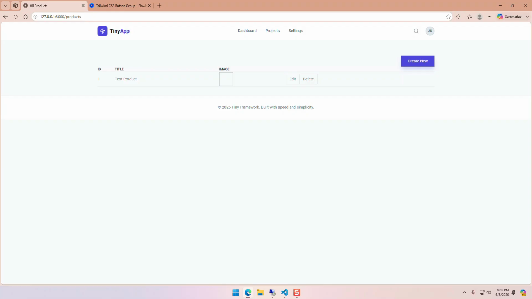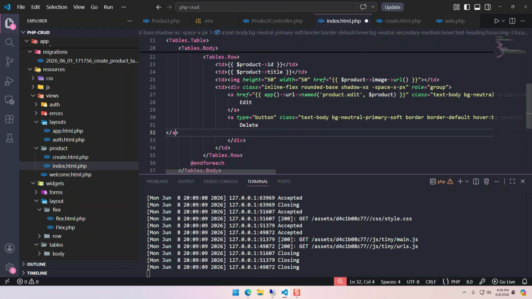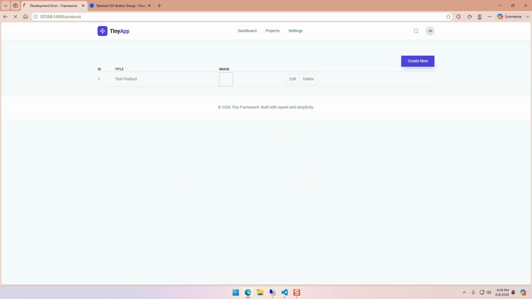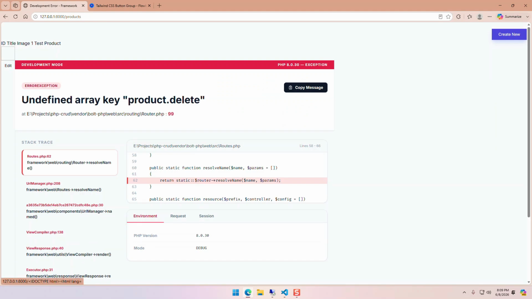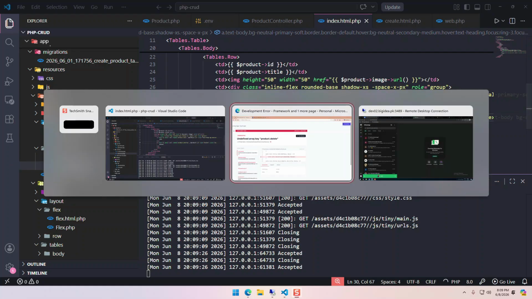So if I refresh and hover over that, a URL is generated. Similarly, I can go back here and add an a tag. For delete we have to do a bit more work, but the framework provides built-in components to perform that. So I'm going to do product.delete, refresh. We don't have delete, we have destroy. So let's go back, make that destroy, refresh,